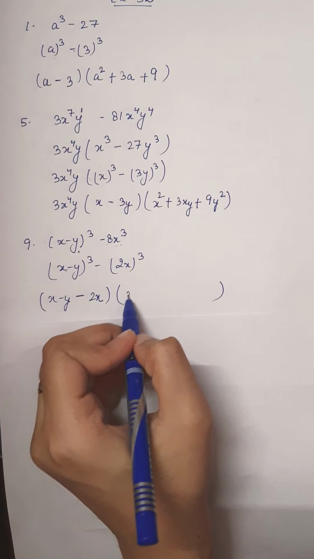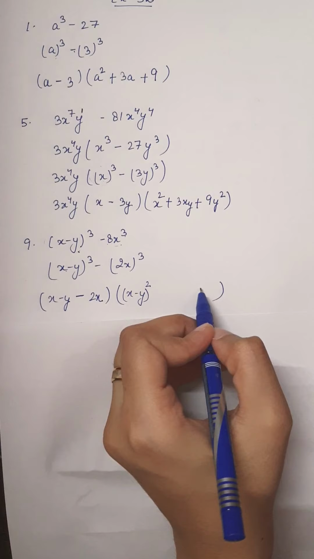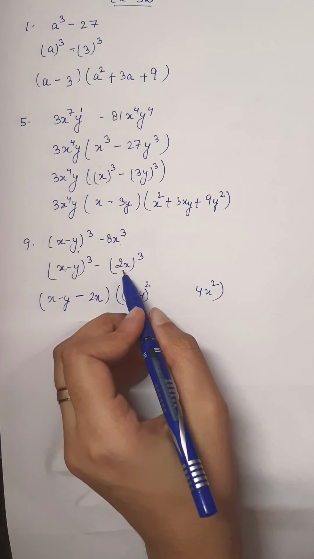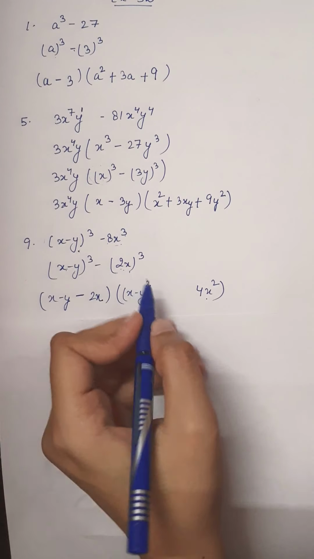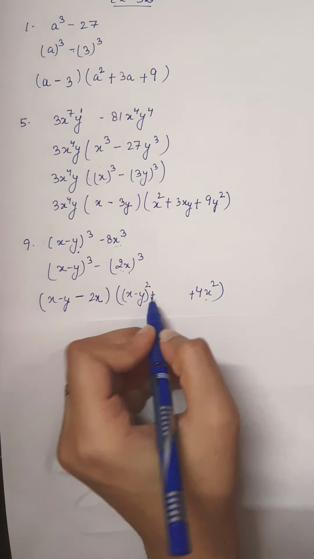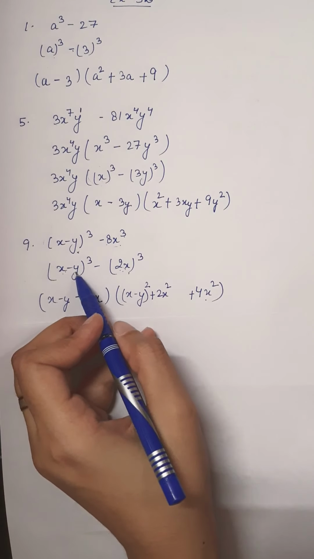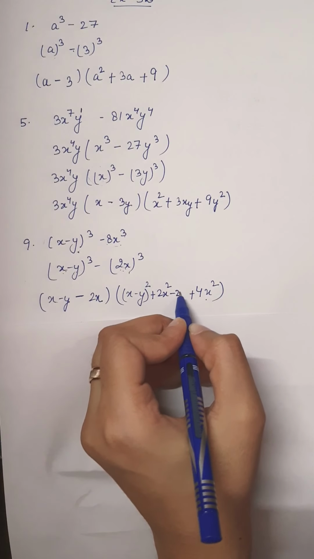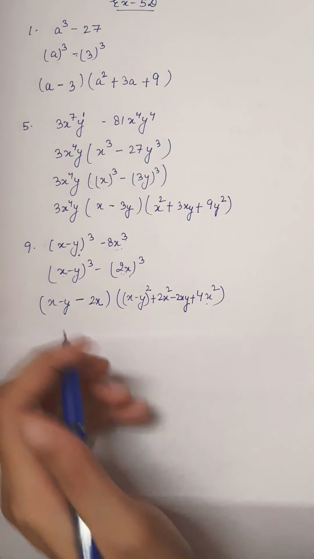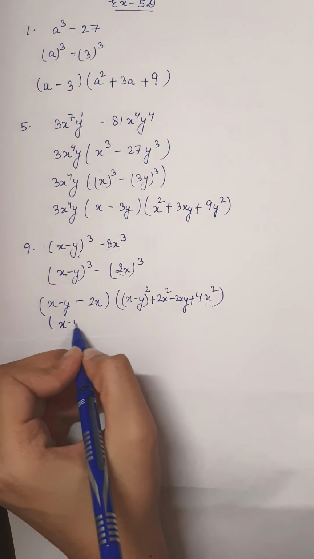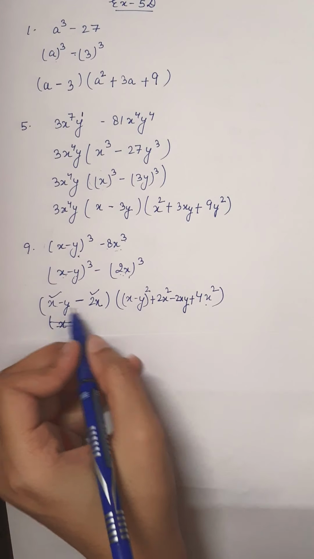Here square of first bracket, so x minus y whole square. Square of last bracket, 4x square. Last bracket is this, 4x square. Now product of both brackets in between, so all the plus signs are there. So 2x into x, 2x square. 2x into minus y will be minus 2xy. Now simplification is required. X minus y. Here also I can simplify further, so I will not write this. I will write,